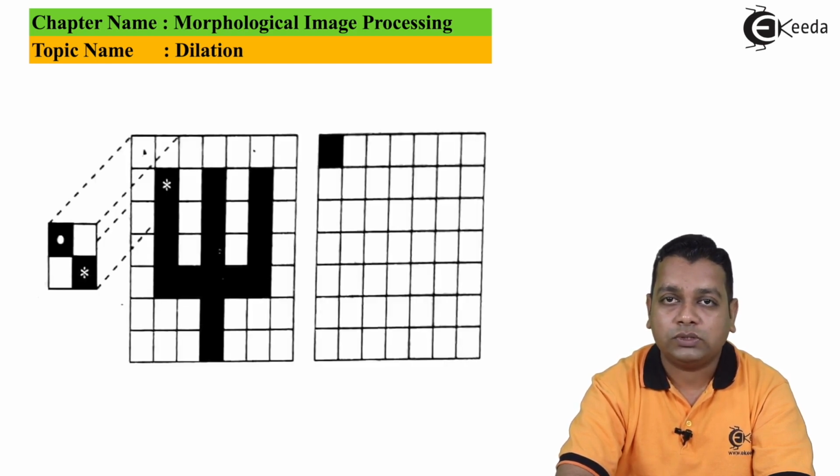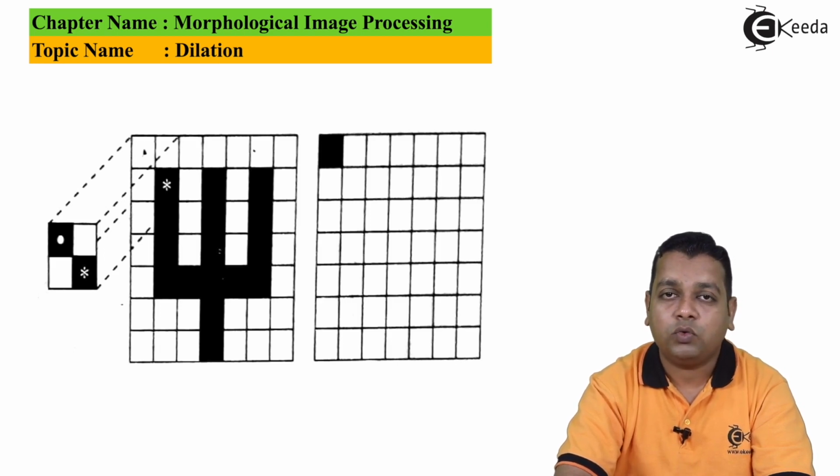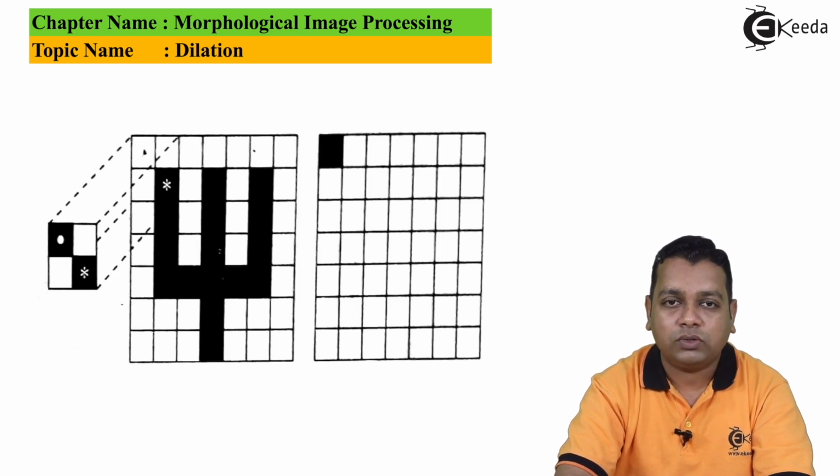So here we show the process of step number 1. This is the structuring element, the asterisk mark we have shown in the image of the structuring element. This is the original image. So this asterisk matches with this pixel location, which is showing you the second row and second column pixel. As it has the 2 by 2 dimension, we can have this particular matching, and because of the definition of the dilation that we just now discussed, this is the resultant image that has been turned on.